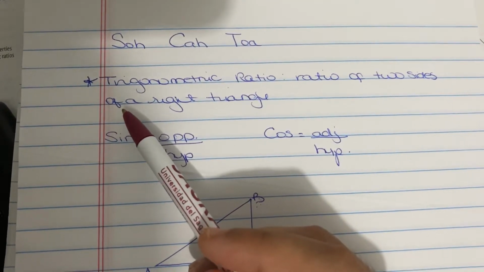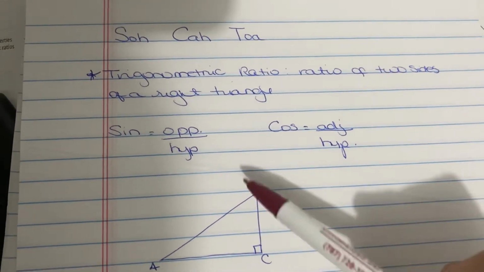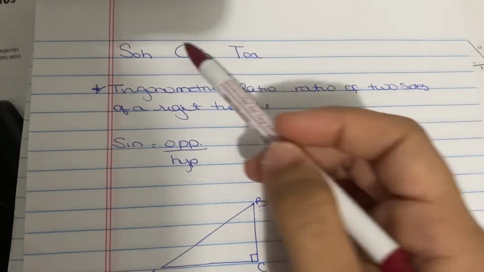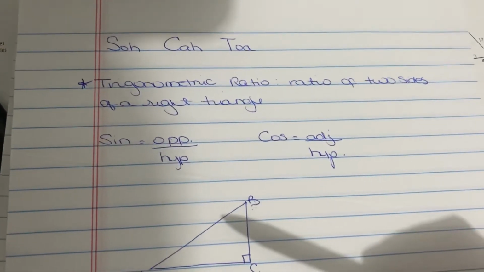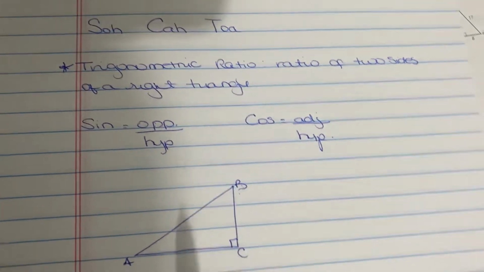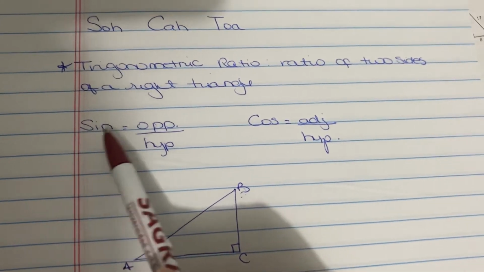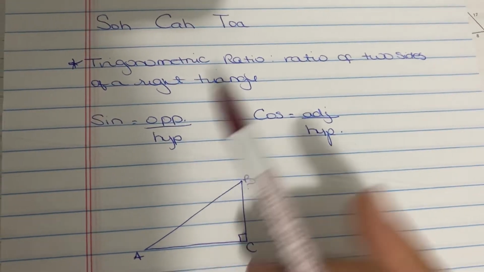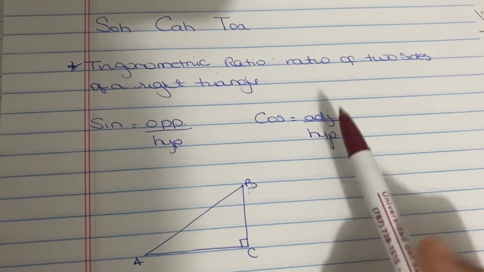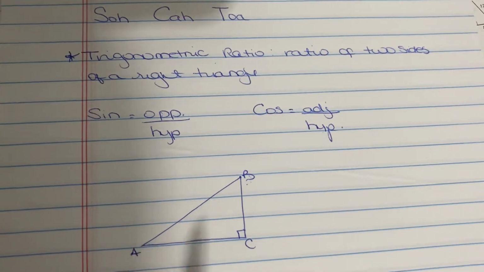A trigonometric ratio is a ratio of two sides of a right triangle. We have already seen one, the tangent, right? Now we're going to talk about the other two trigonometric ratios, sine and cosine. So our sine, which is written sin, is the opposite over the hypotenuse, and our cosine is the adjacent over hypotenuse. So, for example, if I had this